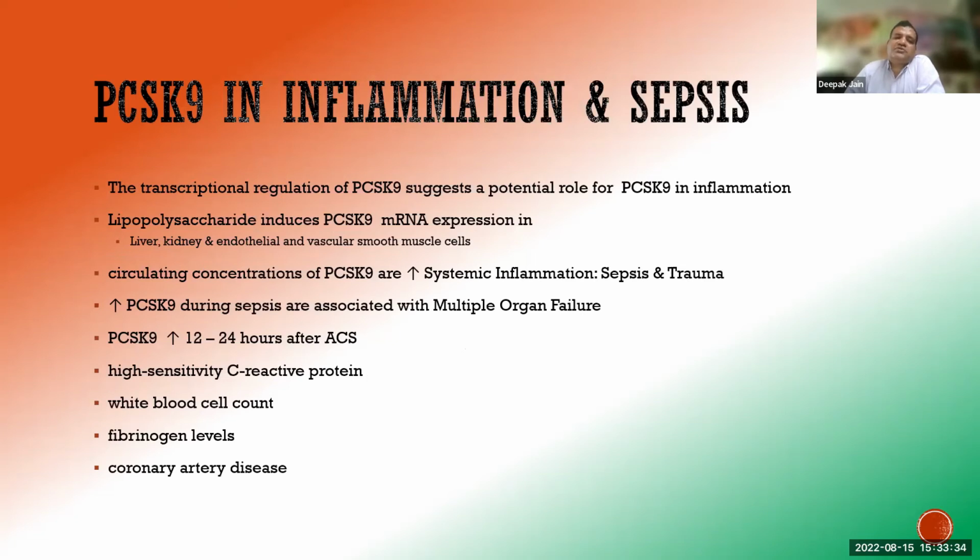The transcriptional regulation of PCSK9 suggests a potential role of PCSK9 in inflammation, and lipopolysaccharide induces PCSK9 mRNA expression in liver, kidney, and endothelial and vascular smooth muscle cells. Circulating concentrations of PCSK9 are increased in systemic inflammation, sepsis, and trauma. So PCSK9 increase during sepsis was associated with multiple organ failure. After ACS, PCSK9 increases at 12 to 24 hours, and it also increases CRP, white cell count, and fibrinogen levels, and leads